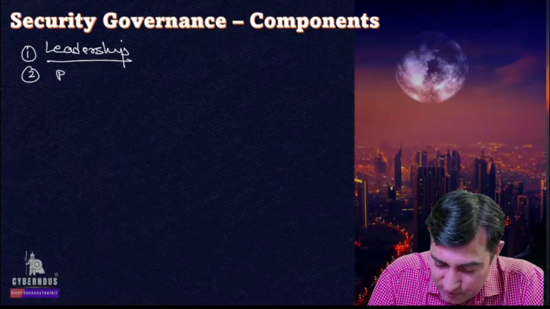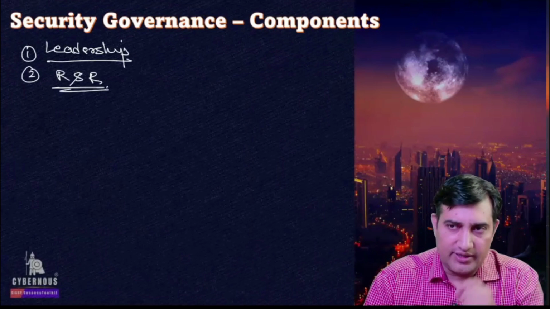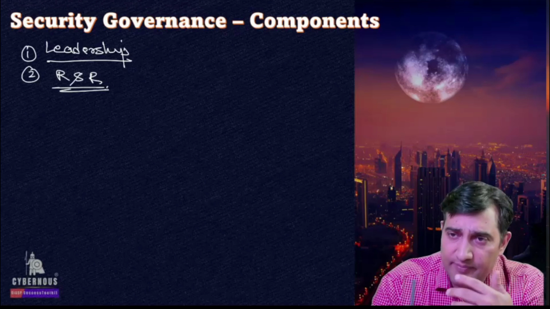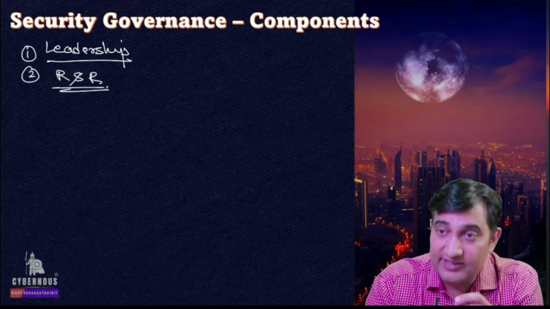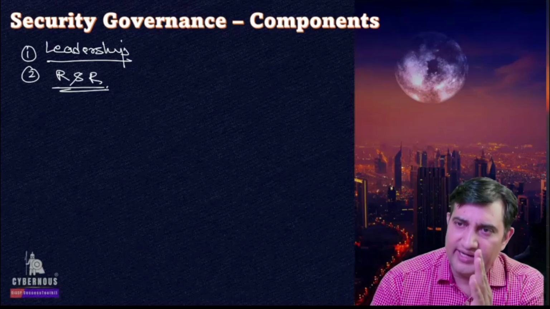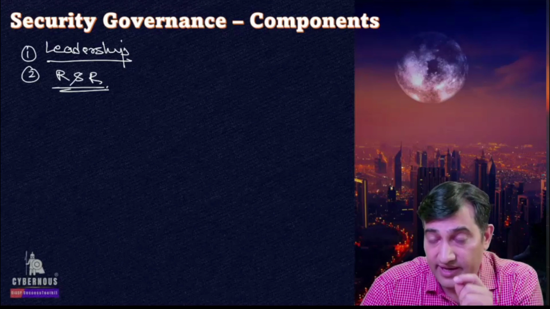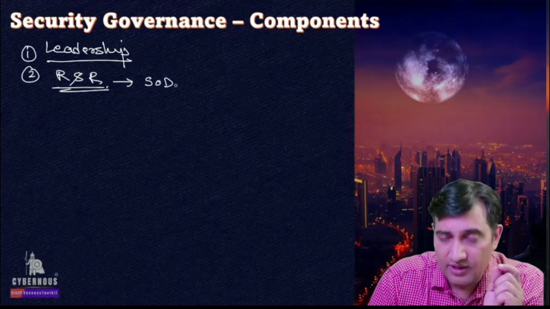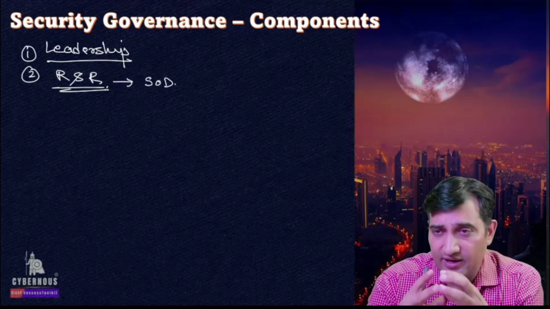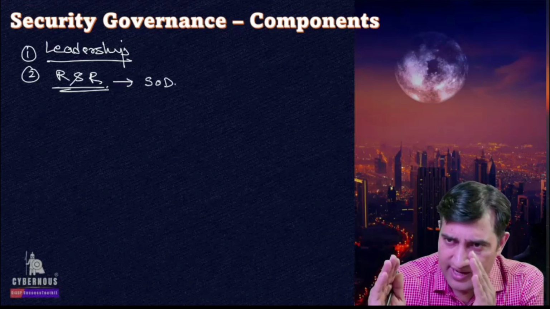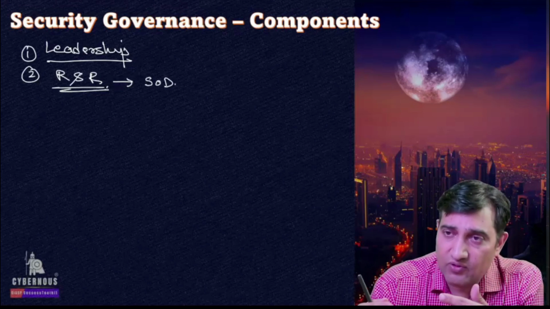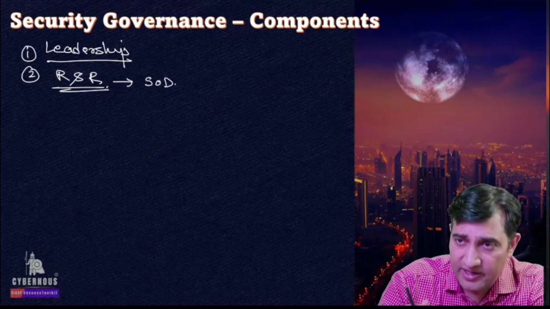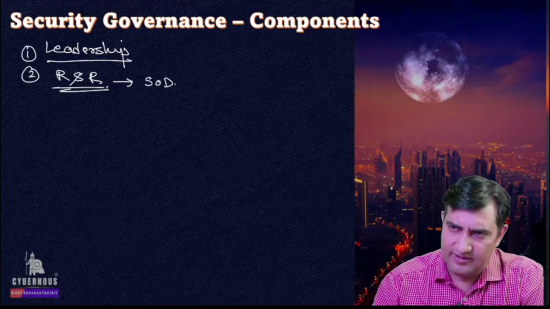Next thing is roles and responsibility. You need to make sure that roles and responsibilities are very well defined. You might have observed in your own companies as well, every year they keep changing the org structure and everything. There's a reason for it. Why? Because the right people should report to the right people all the time, and the right talent at the right level. Also, you need to make sure there is a separation of duties, because for a critical function, sometimes if a person has end-to-end control of it, then there are more chances of fraud. That is why we divide it into multiple parts, or we assign different responsibility to different team members, different teams, or in some cases different companies as well, right?